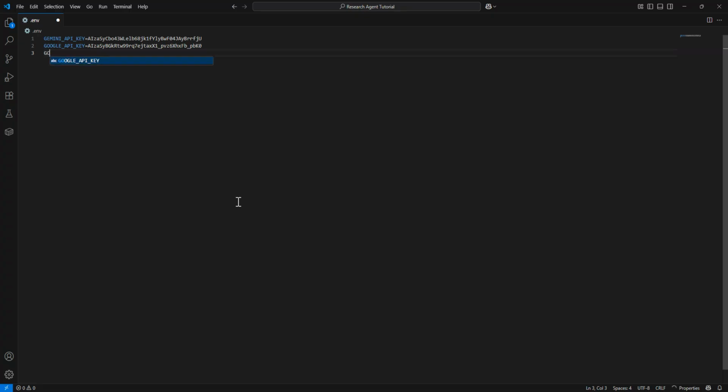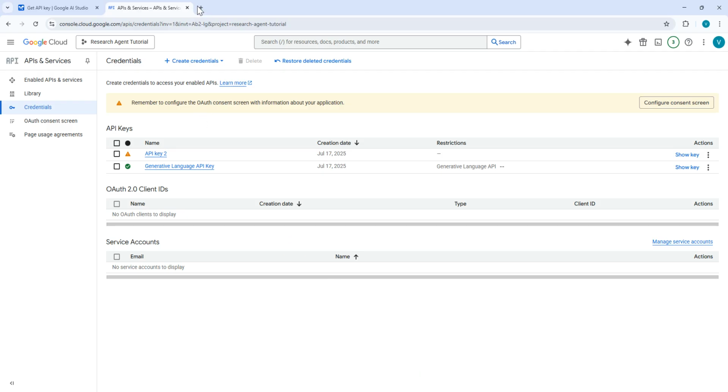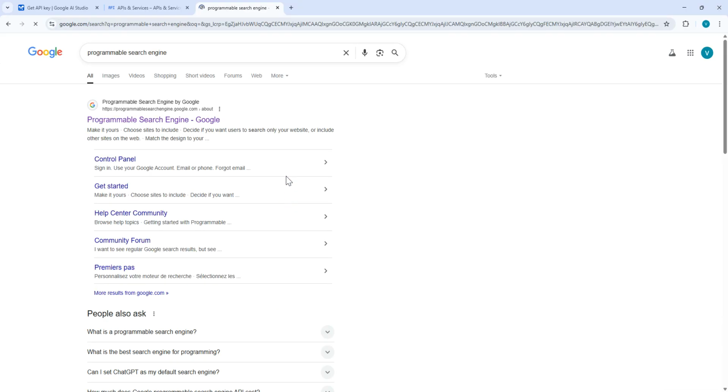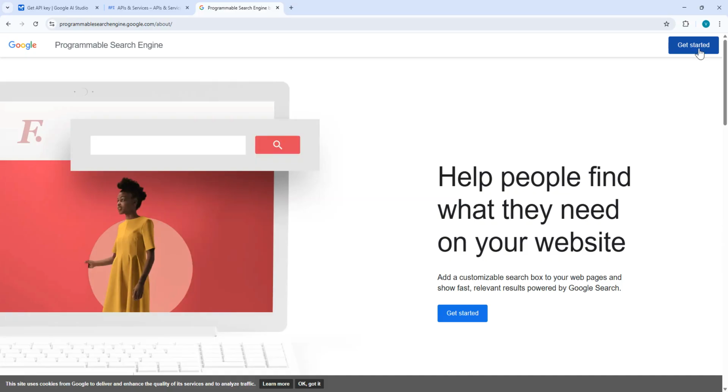The next one is going to be the Google CSE ID, Custom Search Engine ID. So this is easy. It's just the ID to get into your search engine. The Google API key is the API key to get secured of it. Basically, if you go here and write in programmable search engine by Google, click on it, and on the top it says get started,